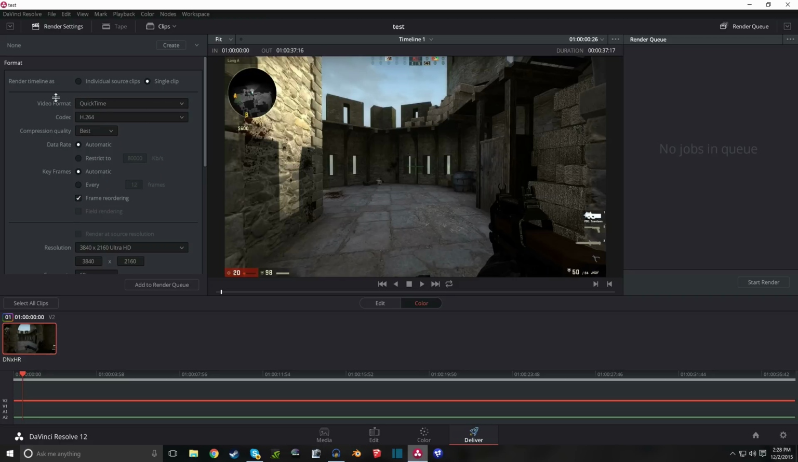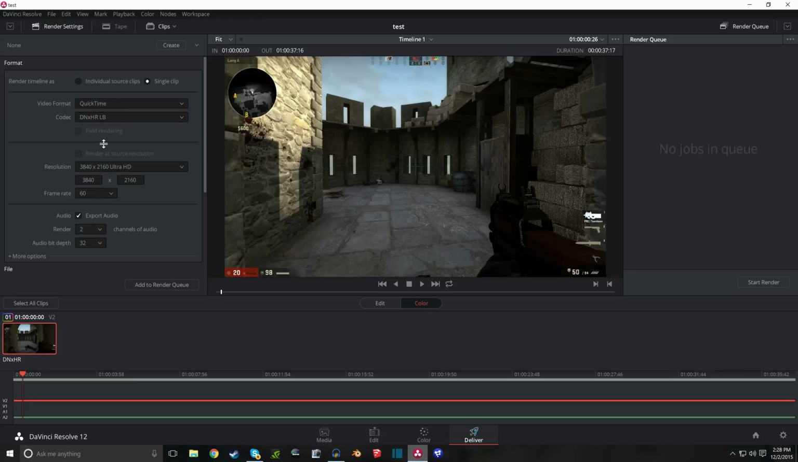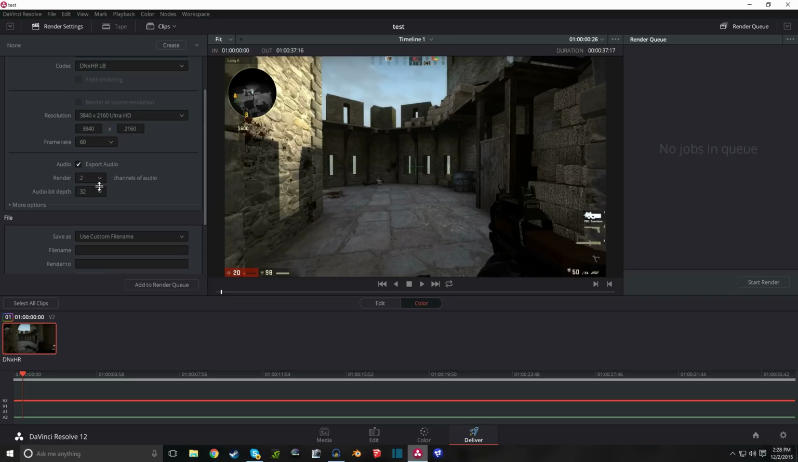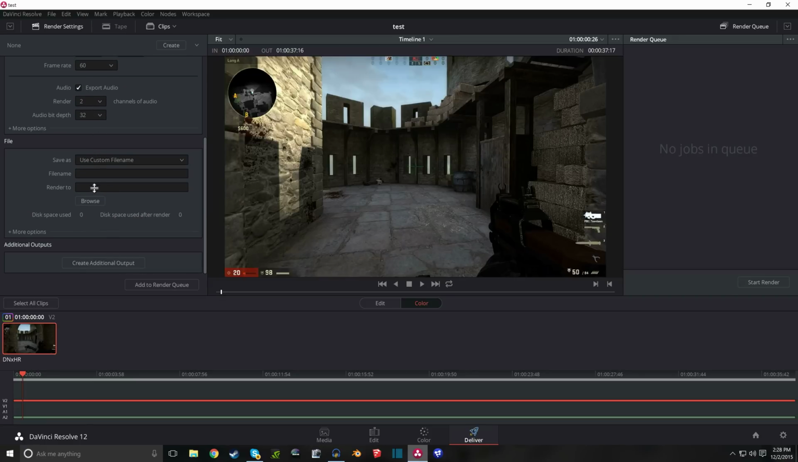Resolve. And for that, select QuickTime, codec, go down to DNxHR LB, that's the one I found to be the best. Select your resolution and frame rate, export audio, yes, file, save it where you want, add to render queue, and then start your render. Also in Resolve, if you want to add an audio file, you have to convert it to a WAV first,